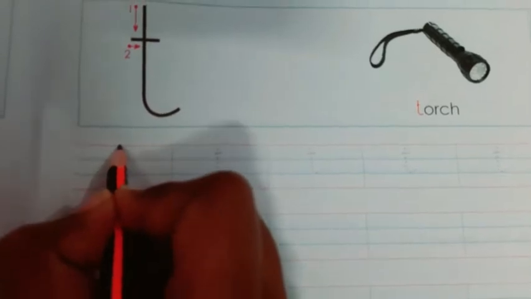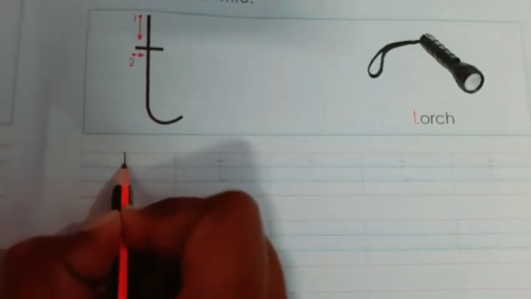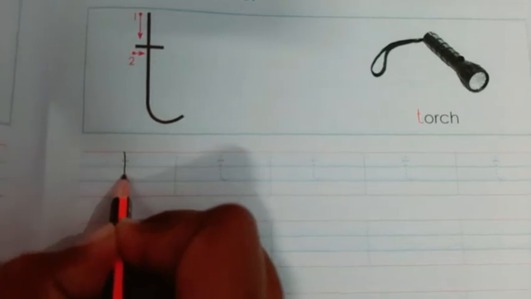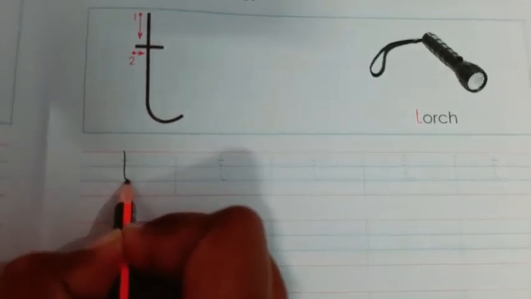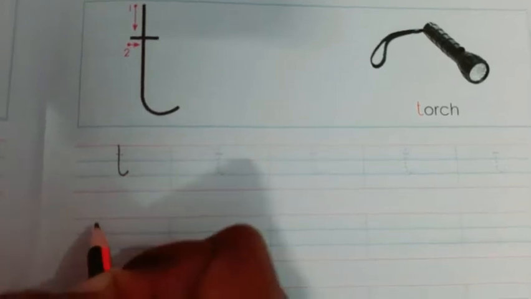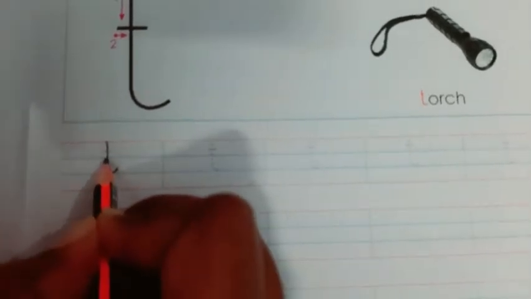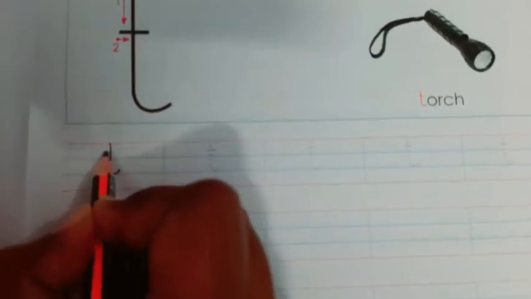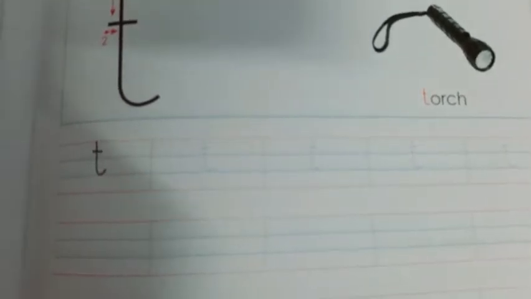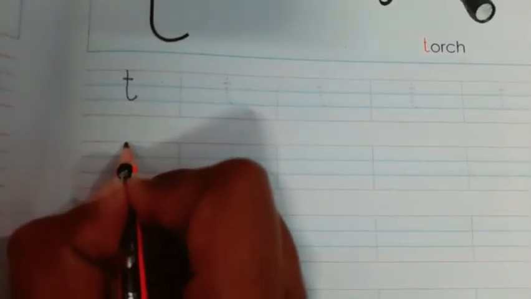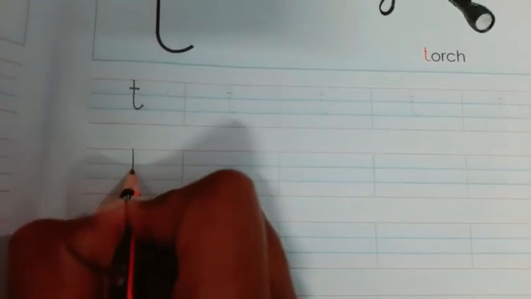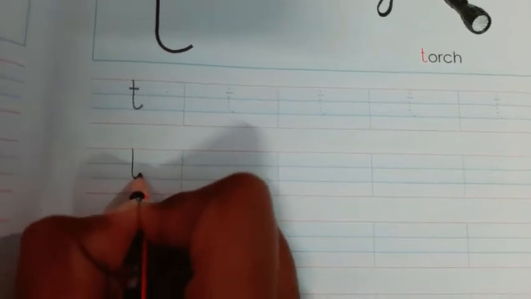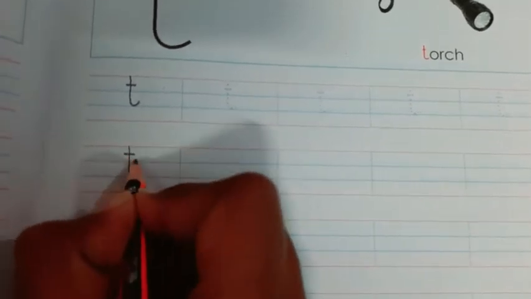Keep a pencil on red line and come toward to the third line, that is blue one. Before touching the blue line, you have to take a curve from right hand side and go little bit up. Okay. And make one sleeping line in between red and blue line in this way. Okay. This is the correct formation of letter small t. Which t is this? Small t. Now here I am going to show you again. Keep a pencil on red line, come to the blue line. Before touching to the blue line, go little bit up, make a sleeping line in between red line and blue line. So speak with me.